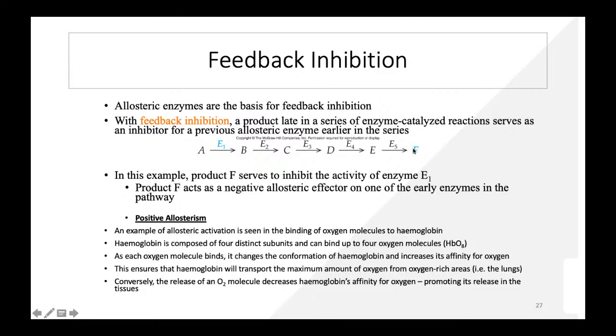So product F will act as a negative allosteric effector on one of the earlier enzymes in the pathway. It acts as a negative effector, as we discussed in the first definition at the start about allosteric enzymes. So it will come and attach to the negative site, the effector site of the enzyme, and doesn't let the enzyme be active, and doesn't let all these reactions go further. So this is your